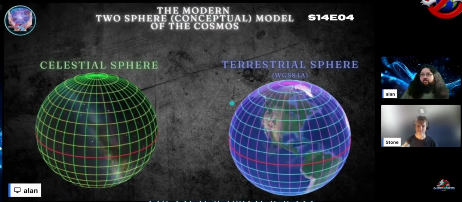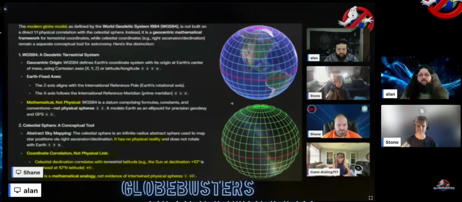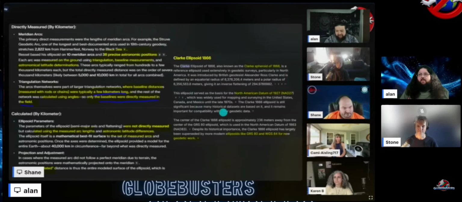All right, and then Shane went over the modern two-sphere model here, and that was just relating these conceptual models that are all mathematical components based off of an angular descent rate of a true position of where a star once was for an observer. And, according to mainstream history, this coordinate system was imposed by the king in 1776 by royal decree, that anyone using a different coordinate system where the stars weren't using this 15 degree per hour angular descent rate, you were going to be fined $5. And at the time, that was like the equivalent of financial bankruptcy.